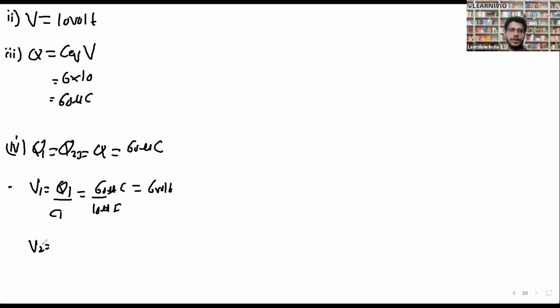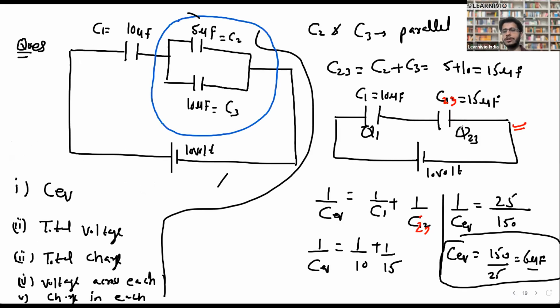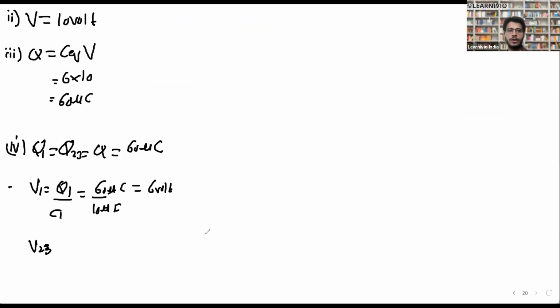Similarly, I can write V23. V23 means voltage across this capacitor. It's Q23 by C23. How much is Q23? 60 microcoulomb. How much is C23? 10 microfarad. If I cancel them, then this becomes